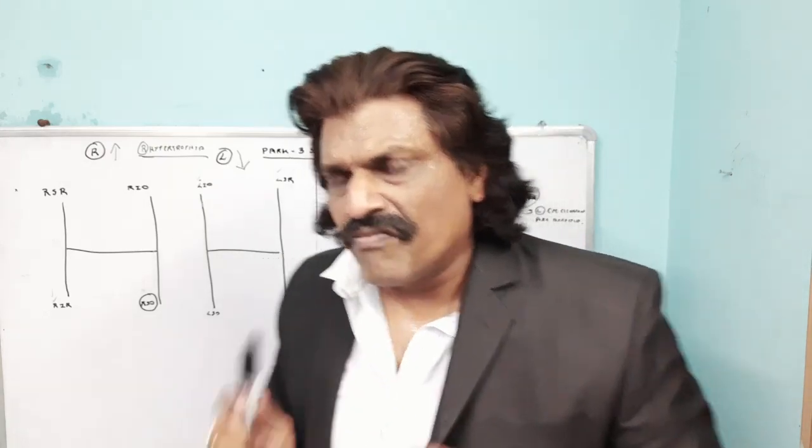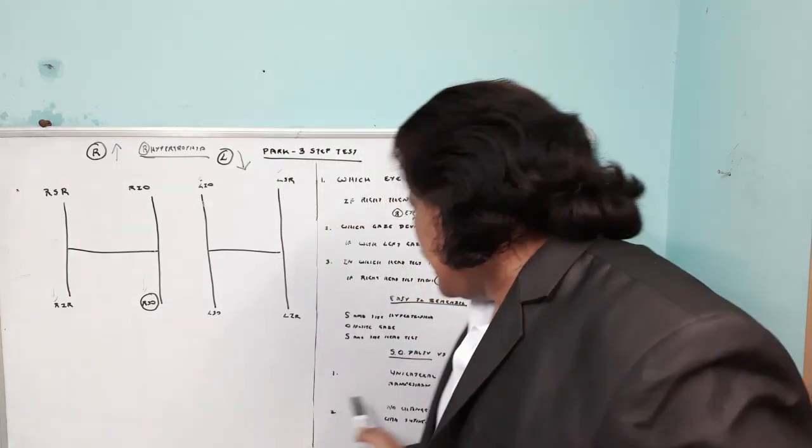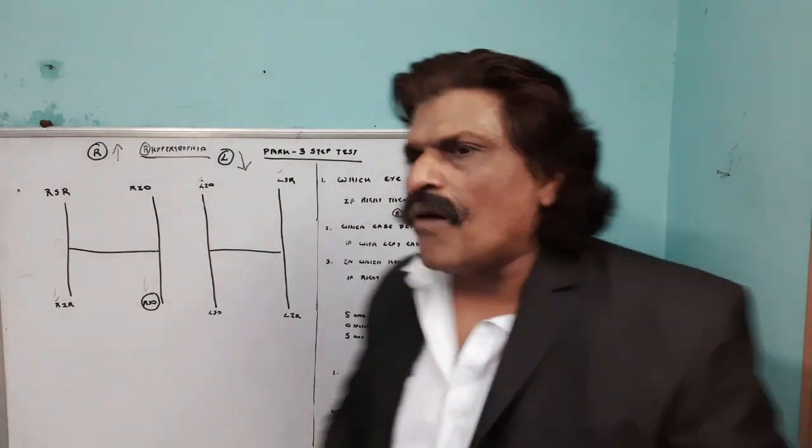What is SOS? First you check which side the hypertropia is on. In this case we are taking right superior oblique palsy. So on the right side there is hypertropia, the same side. The first S is for same side. The second is O. O is opposite gaze. So if the right superior oblique, in this case, worsens when I look to the opposite side, the left side, then it worsens on opposite gaze. So S is for same side, O is for opposite gaze.